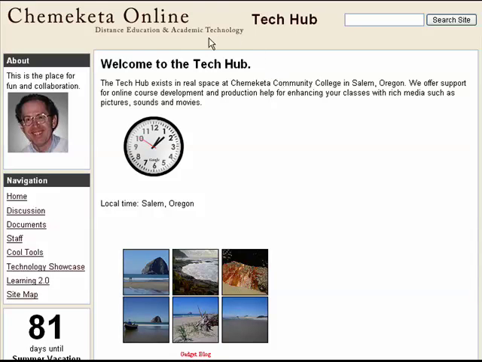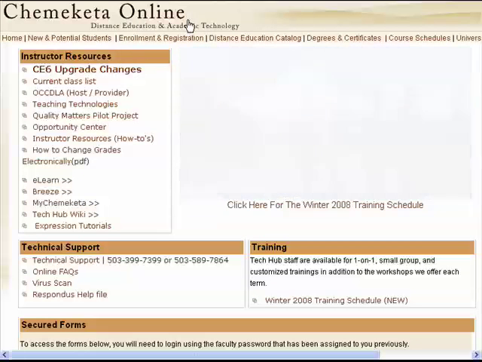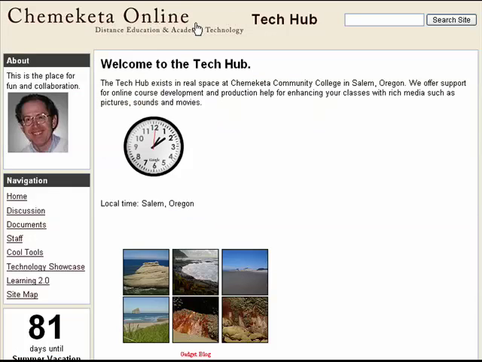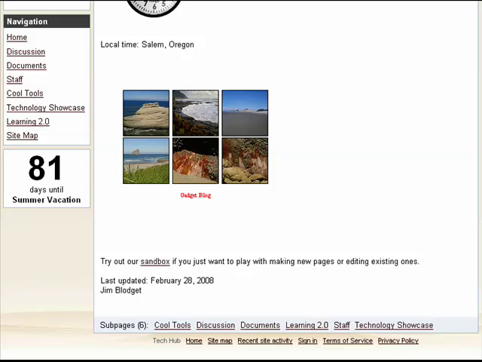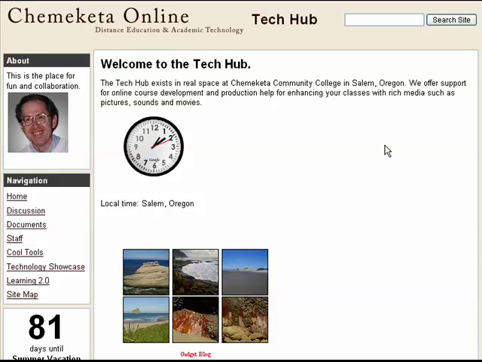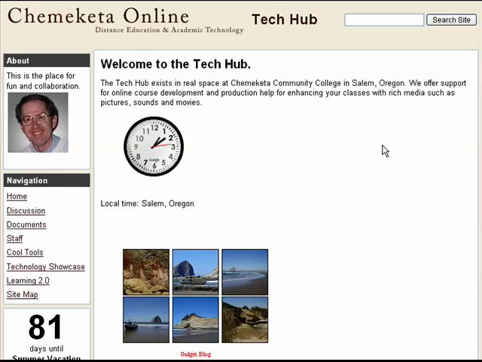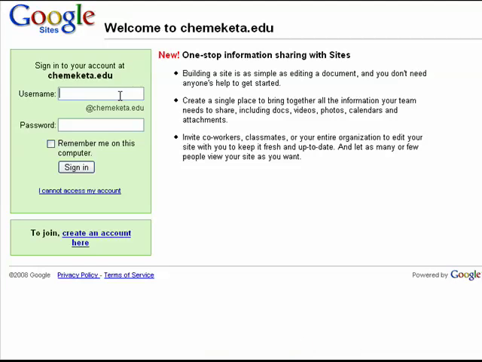Notice that the branding is very similar here to our Chemeketa Online branding. I was able to take the logo from our website and use it in a Google site. There is no Google branding at all on this page, not even down at the bottom. That's another reason that I like it. I like it because it's free, and I also like it because of all the capabilities that come with it. If we sign on here, and the sign-in process is just your email address,